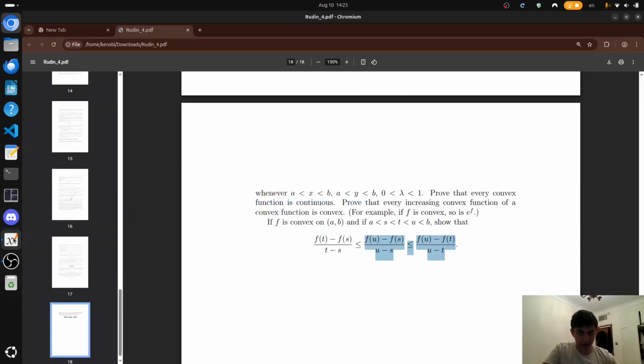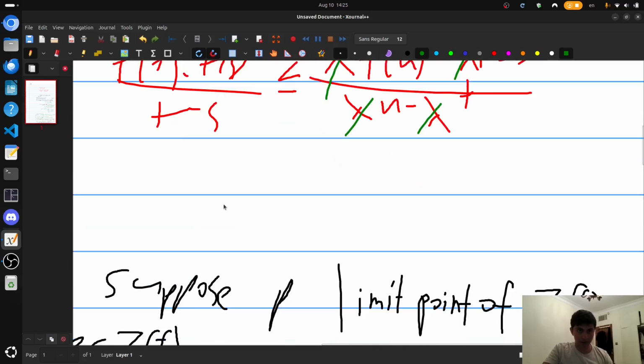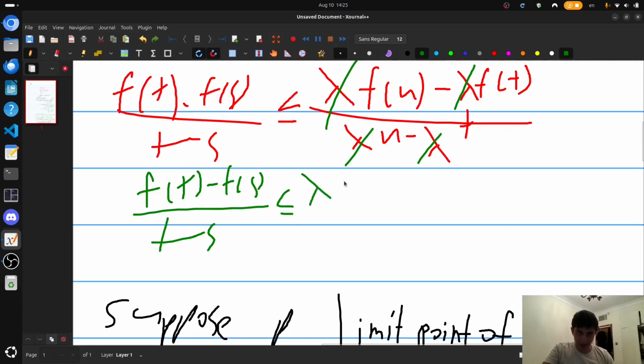So if you want to get this thing, you can basically do this. f of t minus f of s over t minus s is less than or equal to lambda f of u minus f of s over lambda u minus s. But notice that